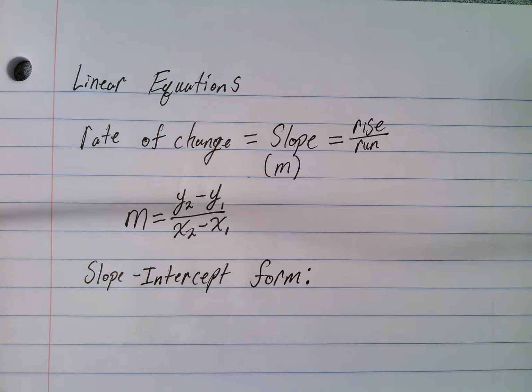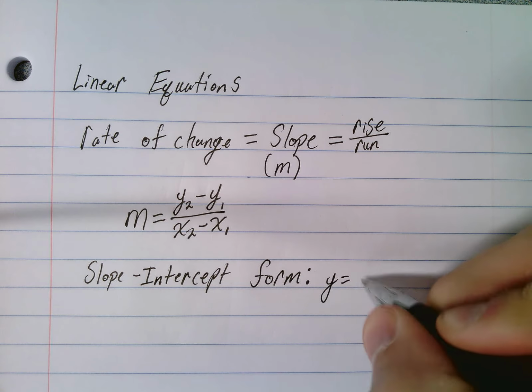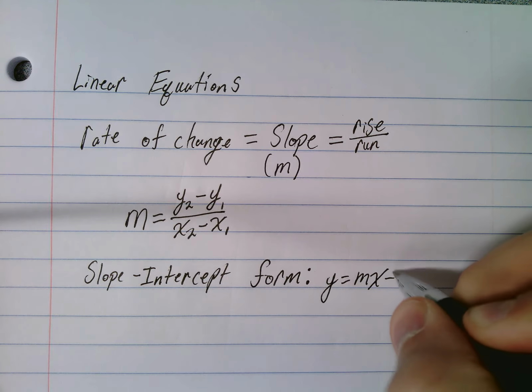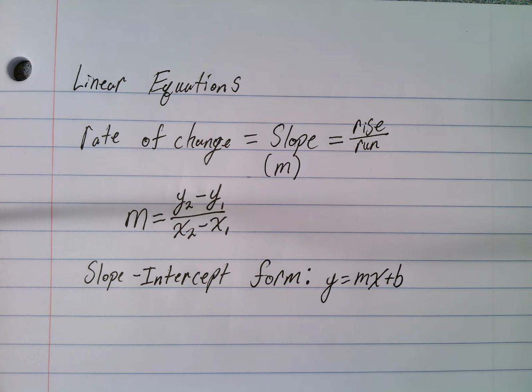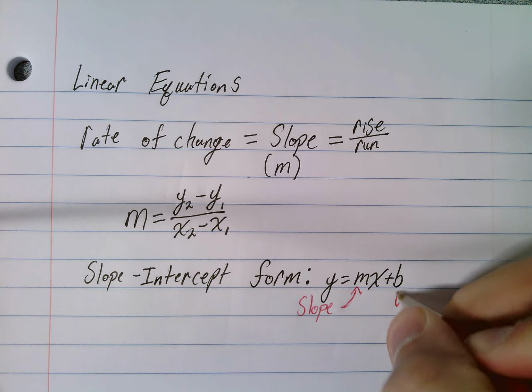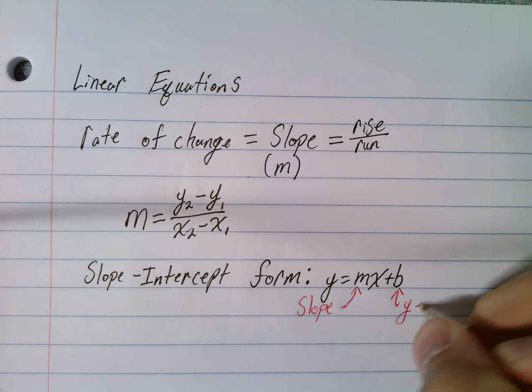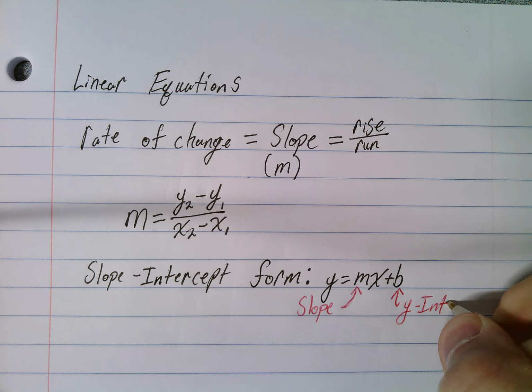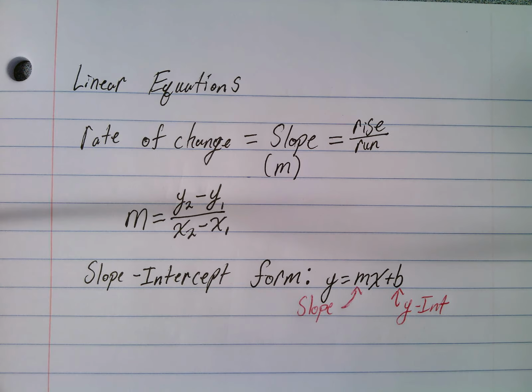Yeah, it's y equals mx plus b, where the m represents my slope and the b is the y-intercept. Okay,